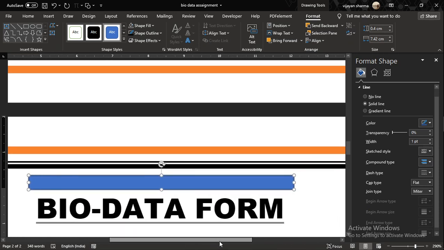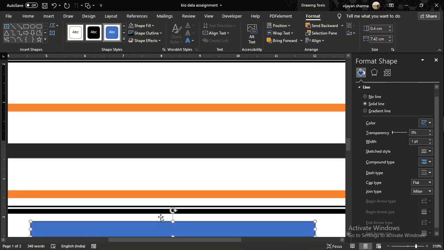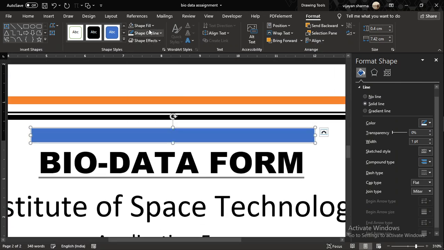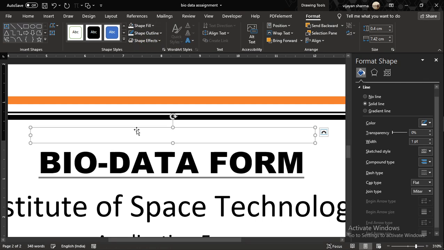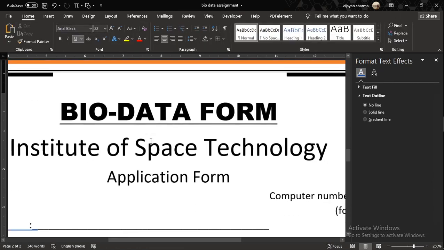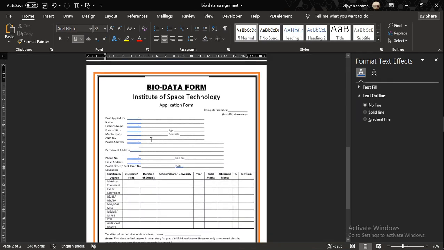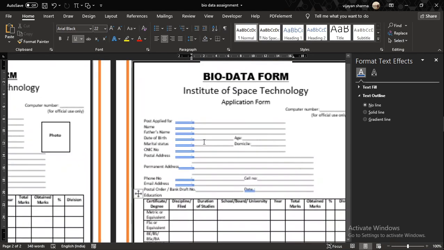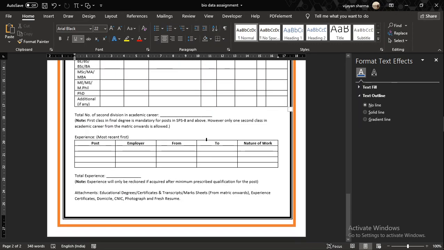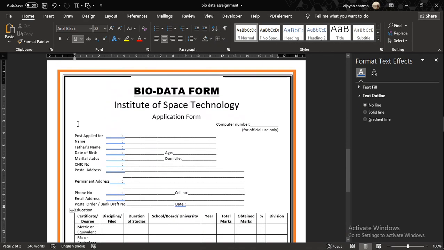Now for this rectangle, go to the shape outline, select white, go to the shape fill, select white. Now put this rectangle over here like this. If you zoom out, you see that the white portion will come. This is what was there in the original PDF. So you have to make it like this. I hope the video is clear. If any doubt, you can communicate with me.